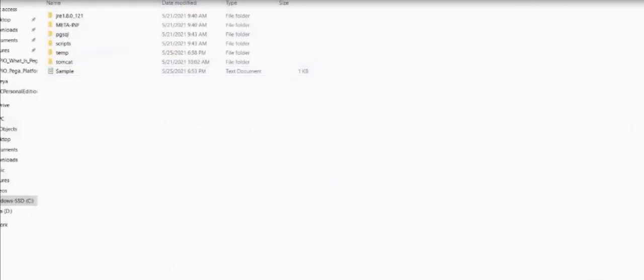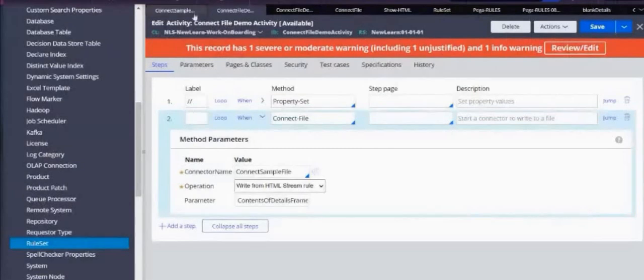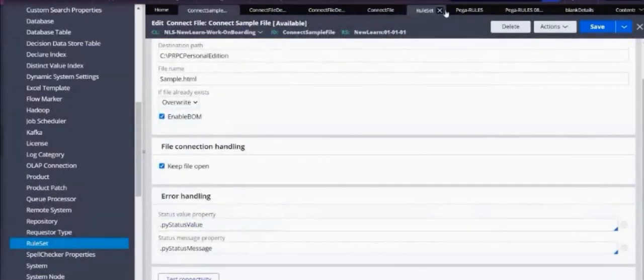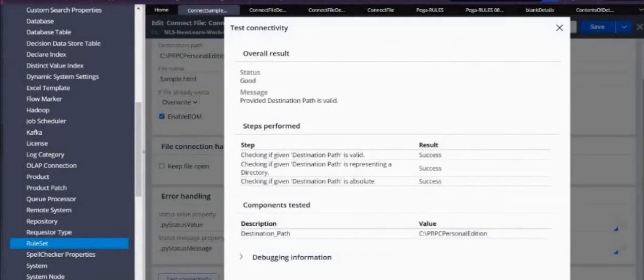So it didn't create here, but still you got the error. So let's save this and we'll change that. Keep file open, save this. We'll uncheck this, save this, and see text connectivity. It's all good. Let's see now.